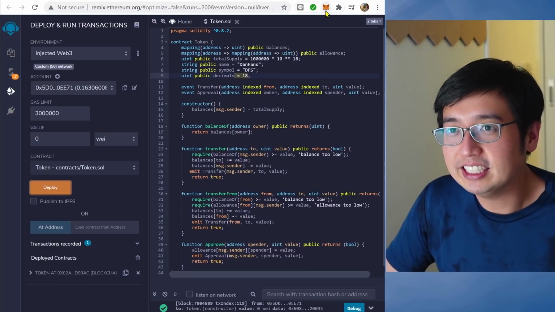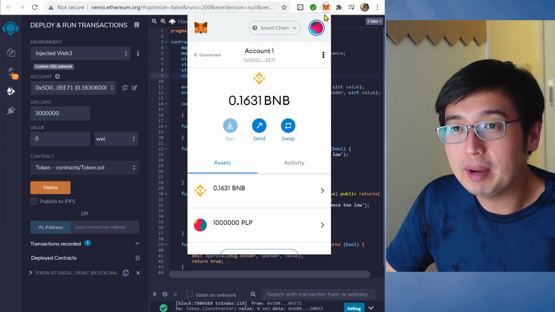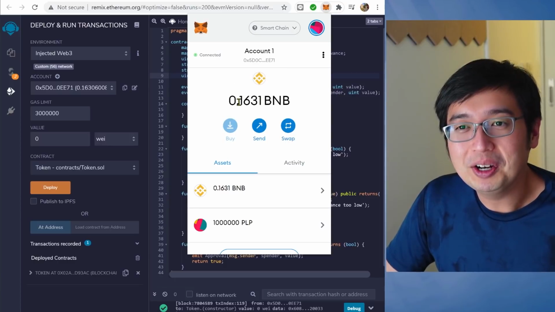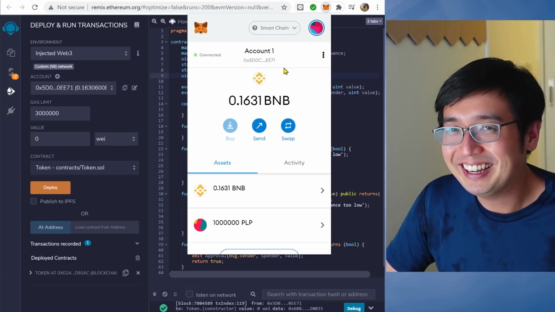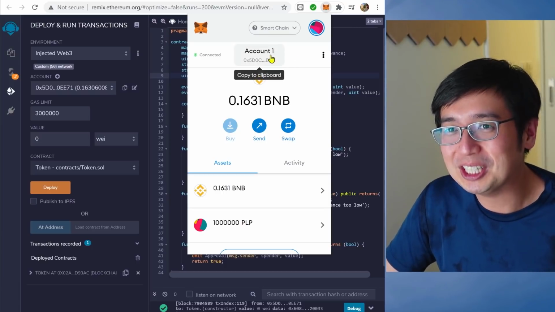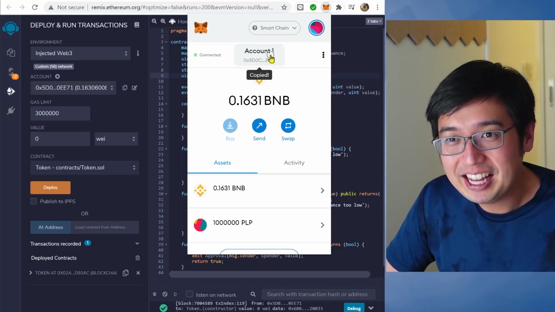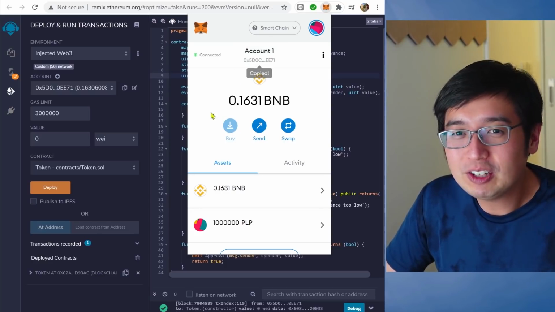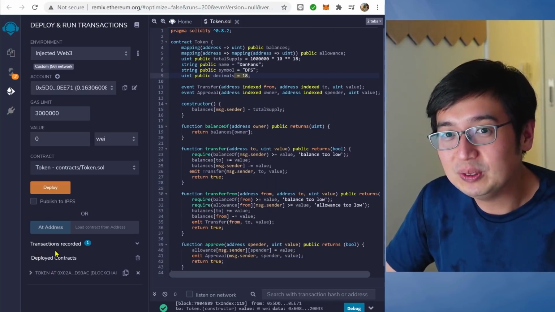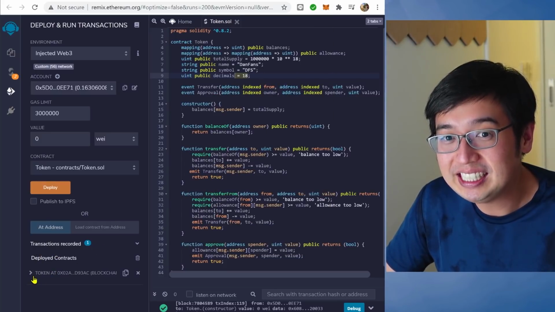So it won't be completely available yet. I kind of just had this issue here. We're going to go back into MetaMask. The amount I have is less than earlier. I messed up a few times. Just a heads up. So that's why I learned how to fix things. So I'm going to copy my address to the clipboard. Do not lose any of this information yet because you still need it.